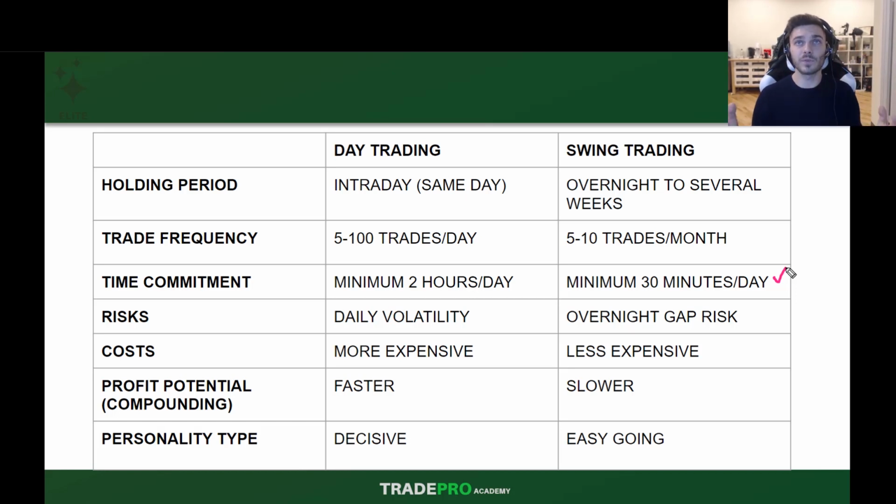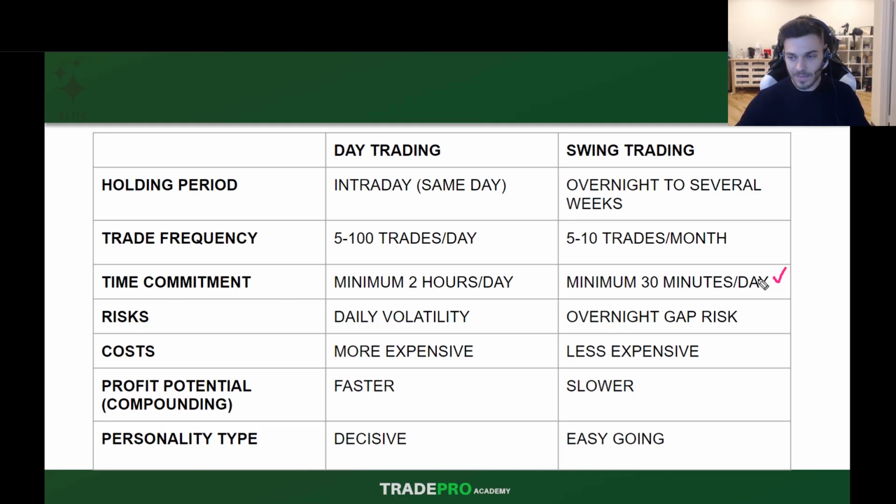So you're not really looking for too much. A majority of your opportunities, you already know what you're looking for before the market even opens. So throughout the week, you're going to need maybe 30 minutes just to update those orders and to set new ones. So the time commitment, as you guys can see, as a swing trader, it's a lot more passive than